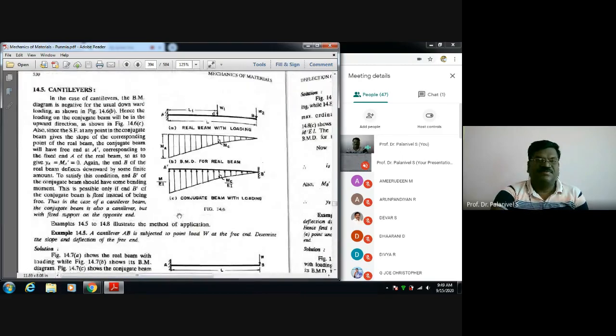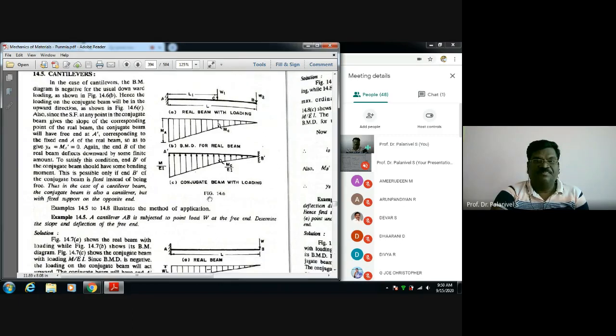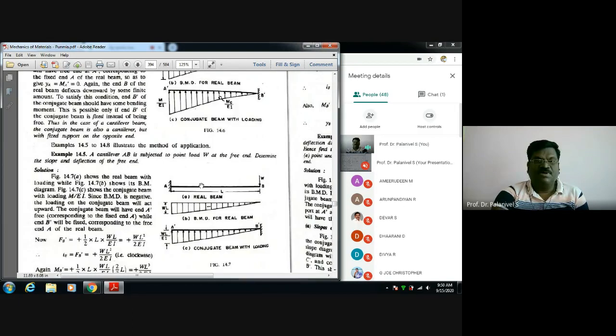Next, the author has discussed cantilevers. Okay, cantilevers. See here, a cantilever beam subject to 2-point loads in terms of notation. So the bending moment diagram is drawn. M by EI diagram also drawn here. But I already told you, for a cantilever, the free end you have to fix, and the fixed end you have to make it free. Okay, I already told you. This is the special manner we are doing this conjugate beam. Okay, with the help of this you can discuss.